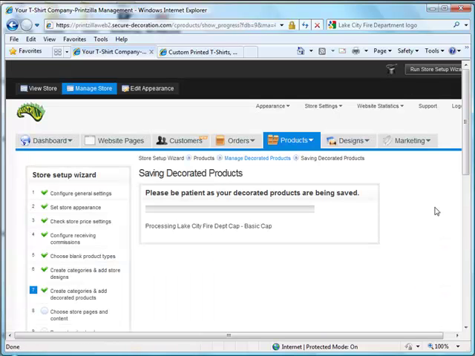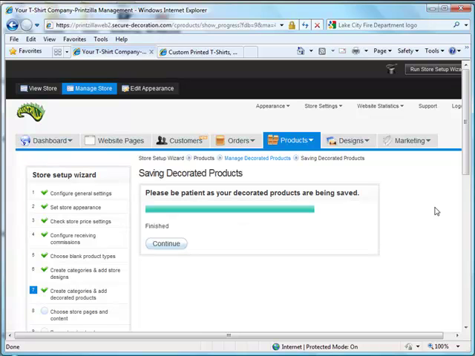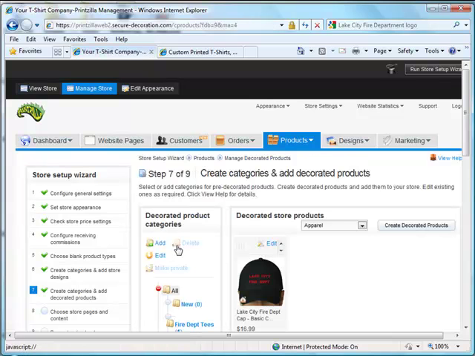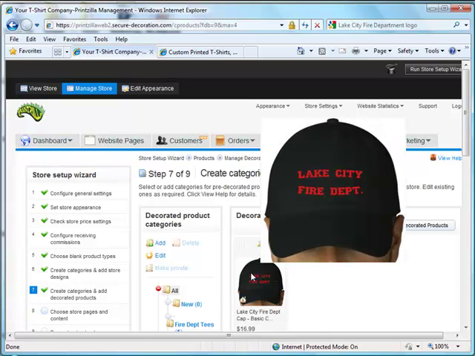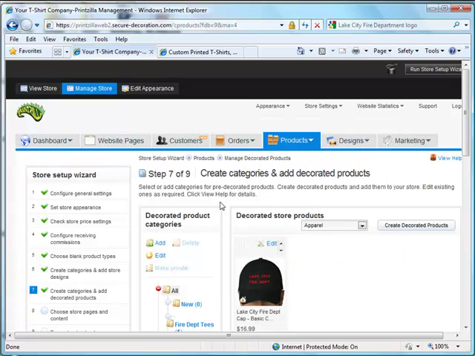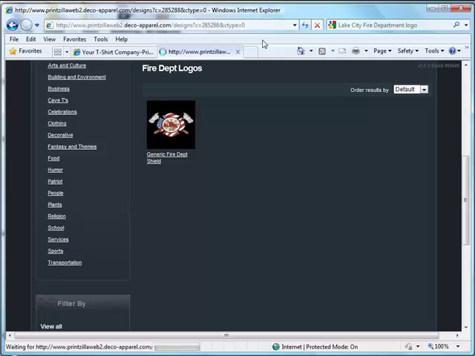And it'll begin to upload your product. You'll see a progress bar go. Depending on the speed of your internet connection, it may take longer than what is shown in this video. Click on the Continue button, and now you'll see where your decorated product actually shows up in your website. Put your cursor over it and it'll preview it. To view this in the online affiliate store, go back to your store, refresh the item,